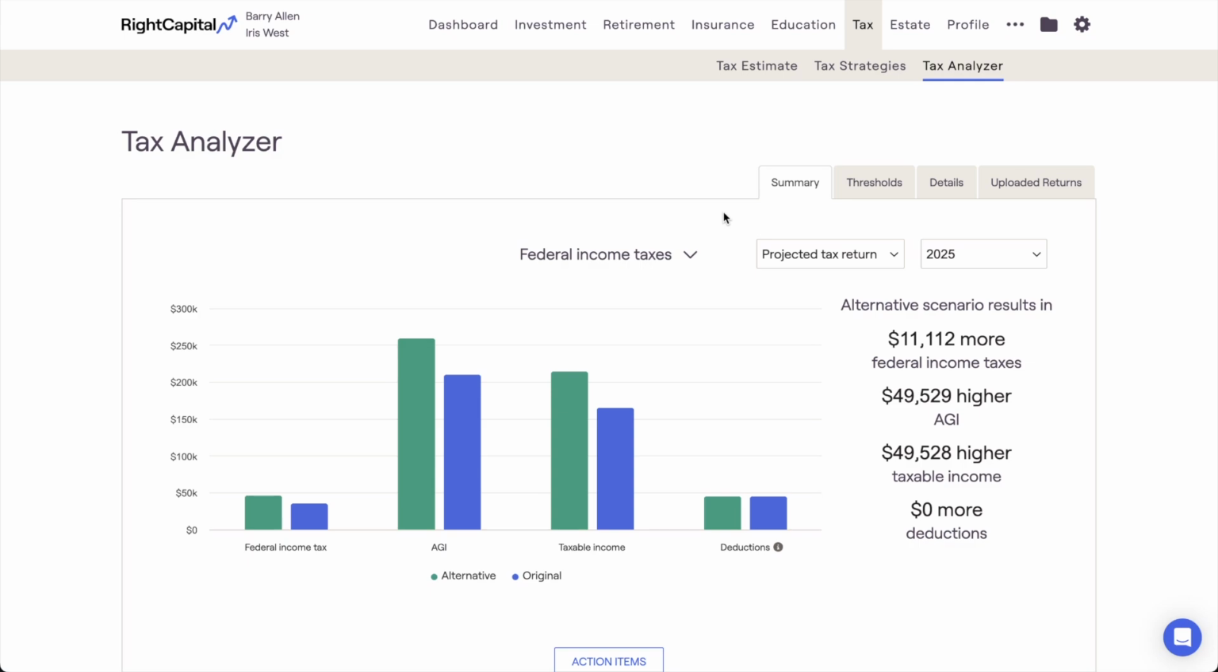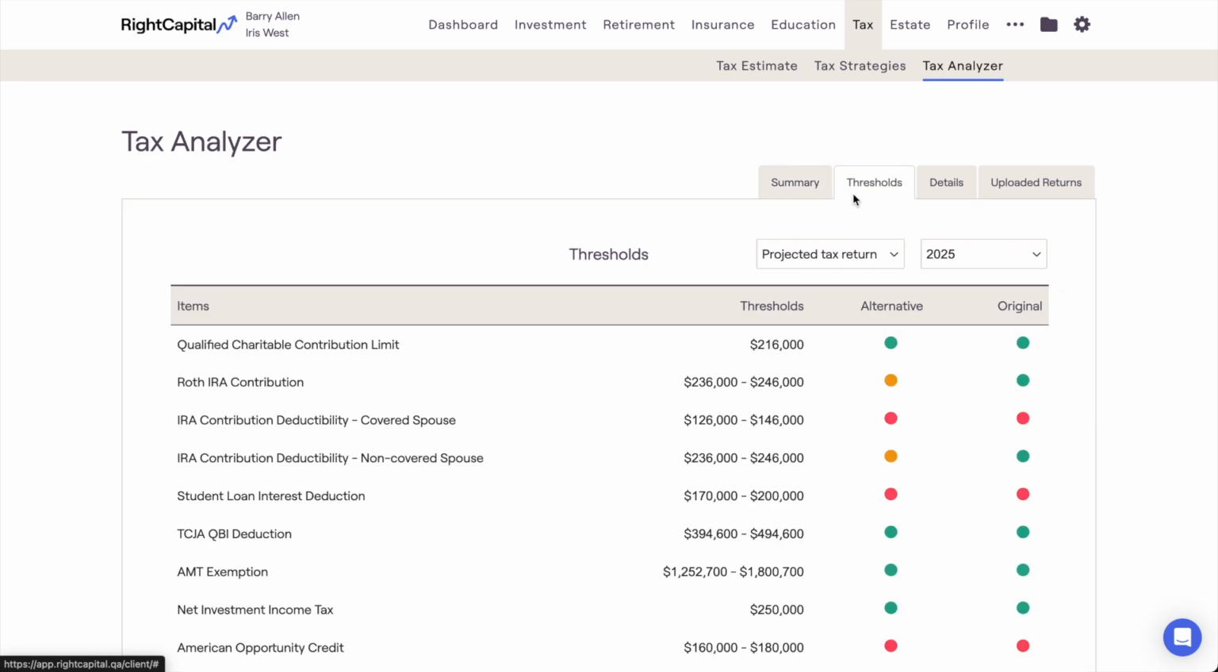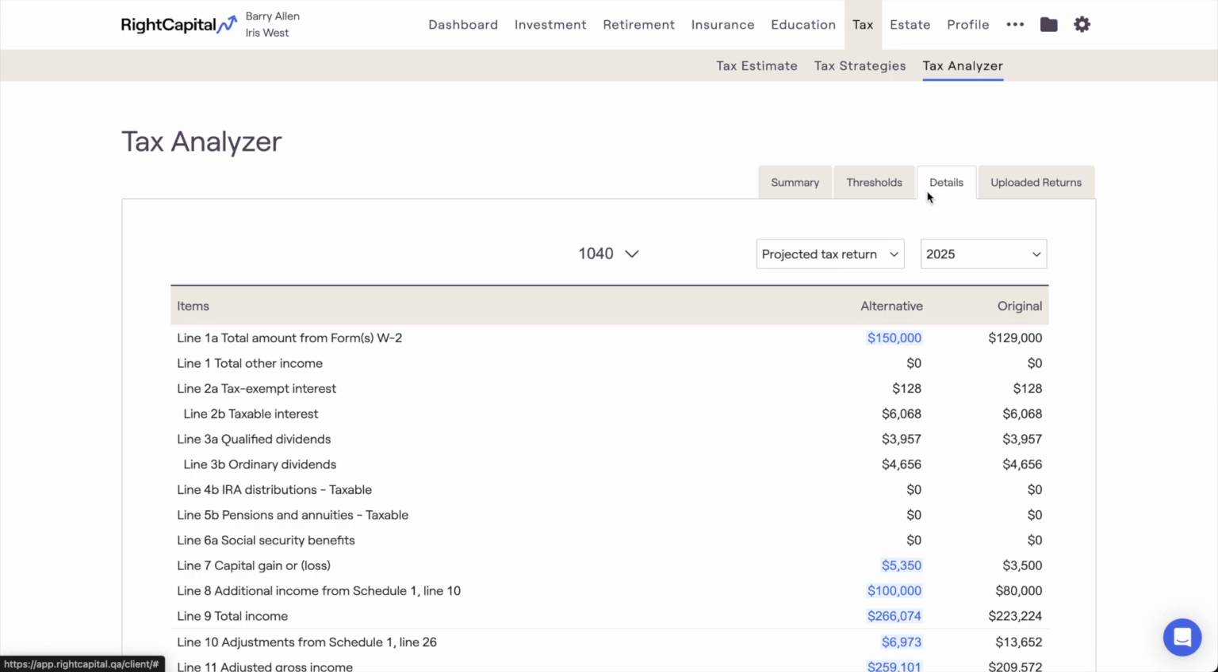RightCapital's Tax Analyzer, available for Premium and Platinum RightCapital subscribers, is a powerful and versatile module that provides key tax planning insights for advisors and demystifies taxes for clients. Whether you need to review a client's tax returns from previous years, dive deeper into their projected future tax returns, or compare and contrast the impact of different scenarios on a client's taxes, this module equips you with the tools